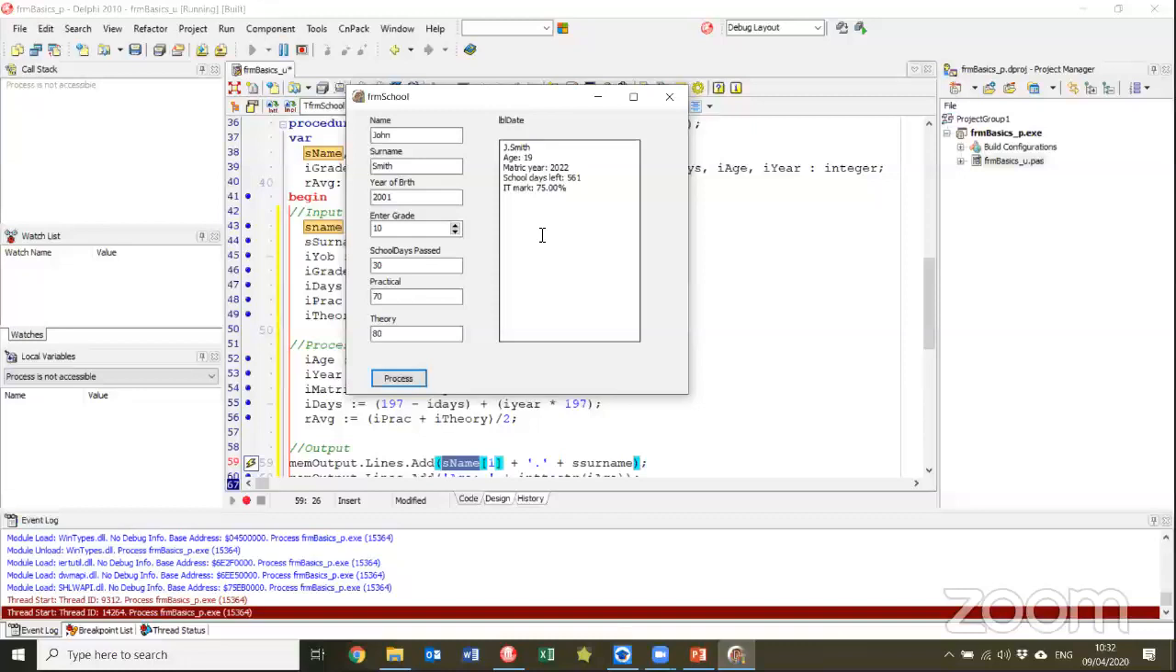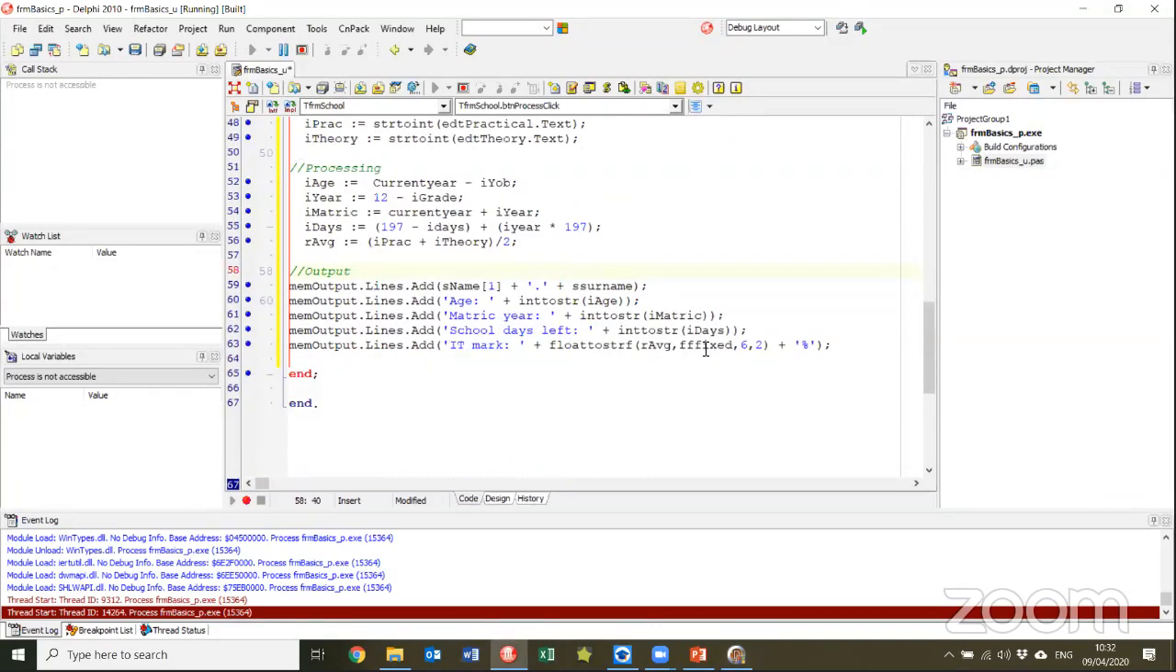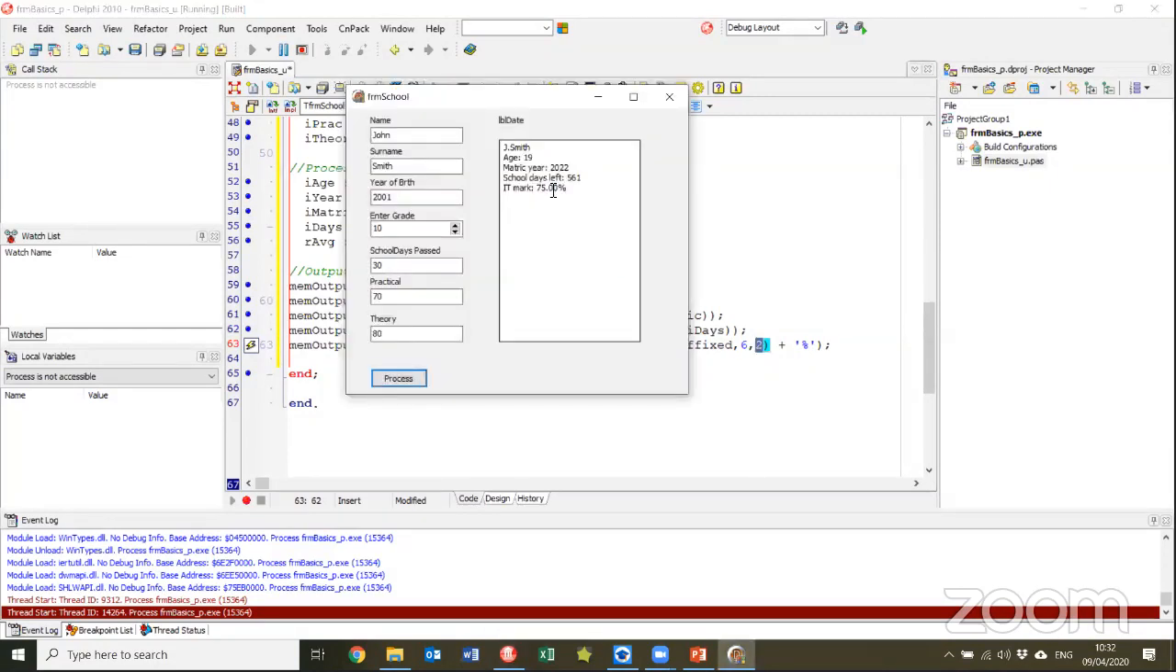Someone's asked what FF fixed is. I'm going to leave the program running and show you in the code here. FF fixed tells you that you want to format your real value, although it does actually work with integers as well, to a fixed number of digits and particularly a fixed number of decimal places. So that's why it shows it as